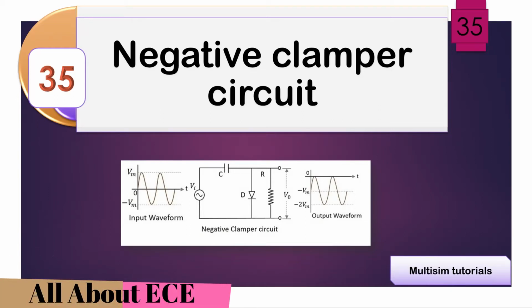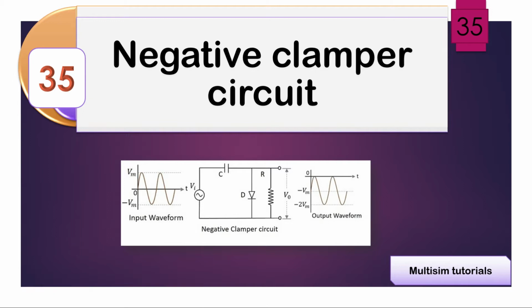In this session, we are going to discuss the clamper circuit. Till now, we have discussed the positive clamper circuit with the help of both a positive bias and a negative bias circuit. In this session, we are going to discuss the negative clamper circuit with both positive biasing mode and negative biasing mode. But let's first understand what a negative clamper circuit is.